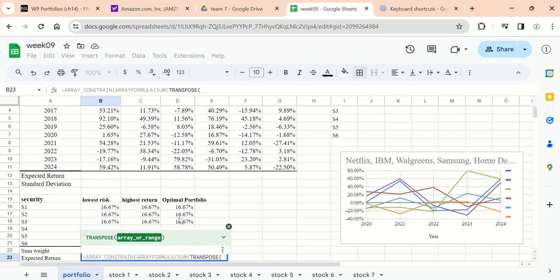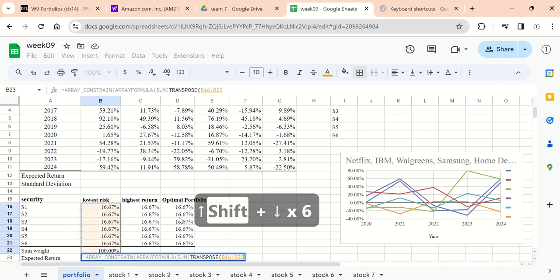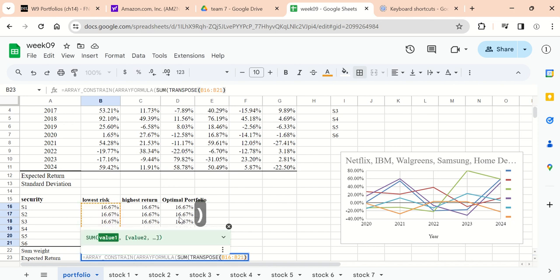And then we're going to transpose the ones that I have above me. So use your arrow key to go up, and then hold down Shift and choose all the ones, not down to line 22, but line 21, all the percentages of each of the stocks. By the way, it has to transpose this because this one is going up and down, and it's going to multiply it by the ones going left and right. That's why we're using transpose. And then close brackets, and then multiply